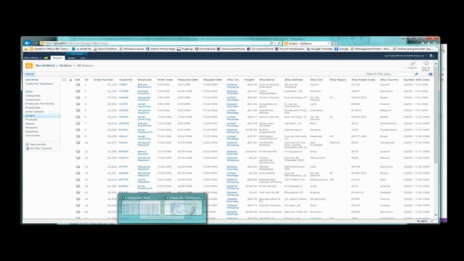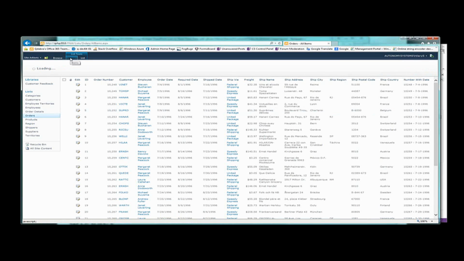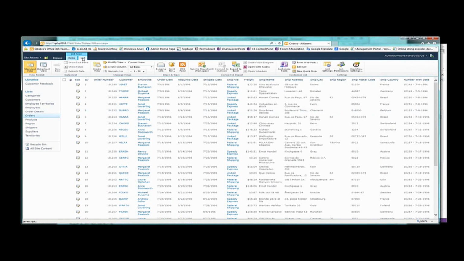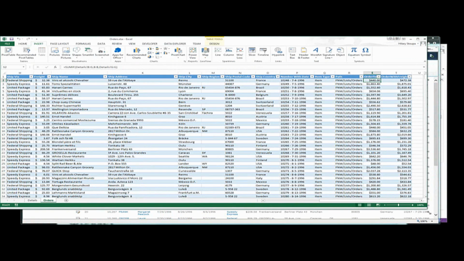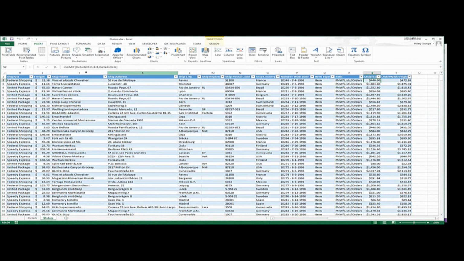So now that we've got all this data, your business data users who want to be able to report can come to the different lists and export to Excel. Now the one thing about this data, since it is in different lists but connected, is if you're going to be using Excel for this kind of reporting, you do have to have a little bit of savvy. For instance, I've got my details in one sheet and my orders are in another sheet,